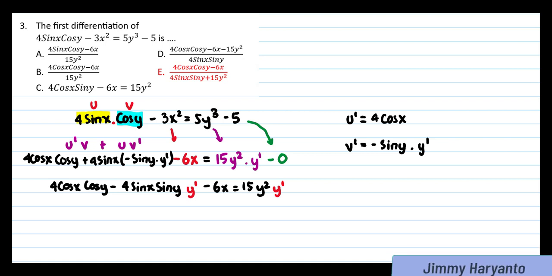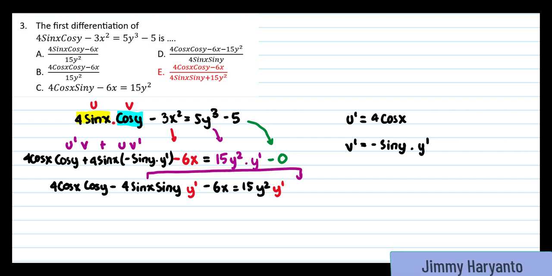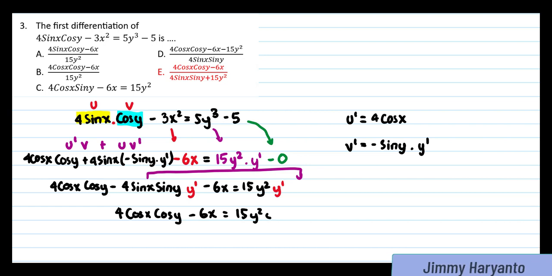Okay, after this, because this one is implicit, that means you have to isolate the y prime to the left hand side. But it's up to you. You can isolate it to the left hand side or to the right hand side. For this one, I will choose the right hand side because the negative 4 will become positive later. 4 cos x cos y minus 6x equals 15y squared y prime plus 4 sine x sine y, and